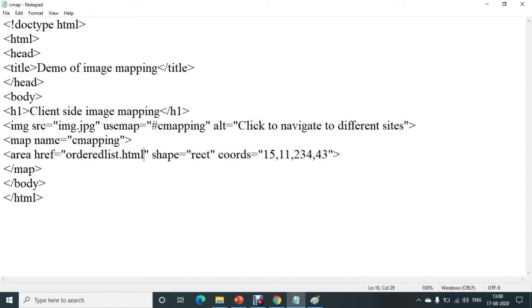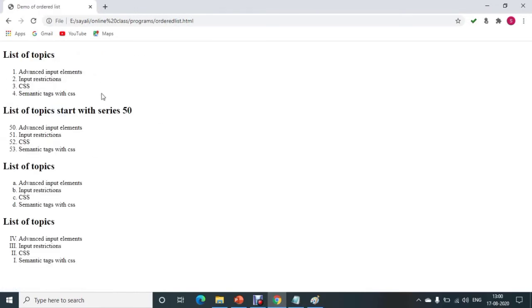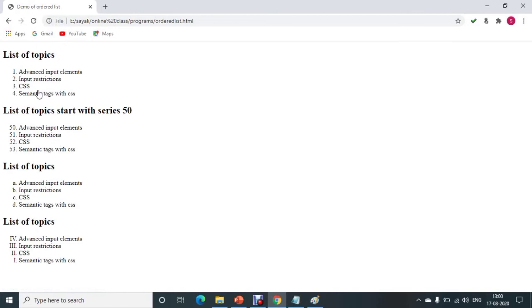Save the file and again refresh the page. So now by clicking on this you will be navigated to the ordered list file. In this way you can use a rectangular area.